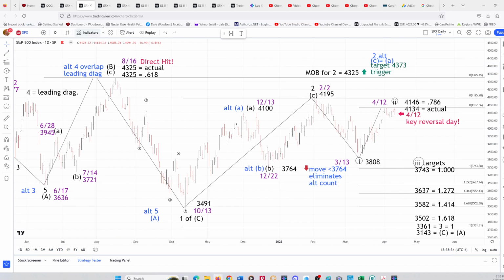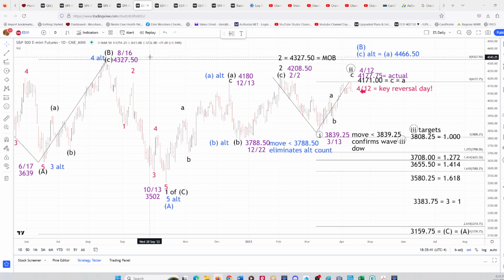Let me see if I can just jump into the ES. And I believe we had one there. Yeah, there it is. That's the same daily chart, the same thing. 1 down, 2 up, 1 of 2, 1 of 3, 2 of 3, 3 of 3 on its way. The make or break for the larger wave count is 43.27, the 8/16 high. The next one is 42.08, and the next degree of trend is the